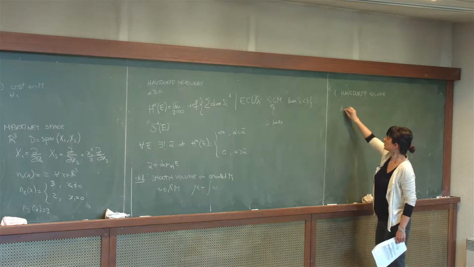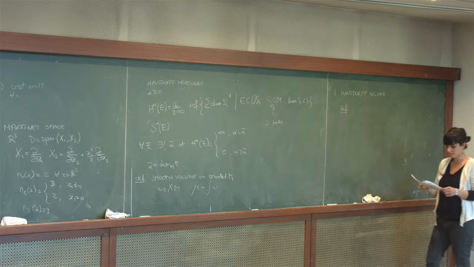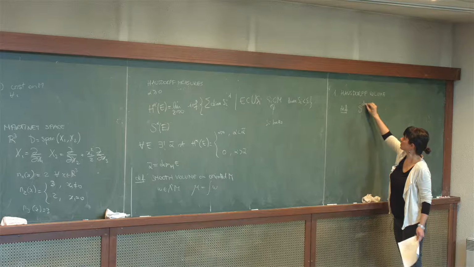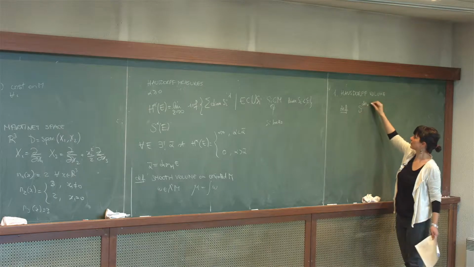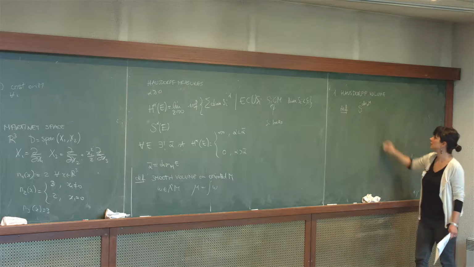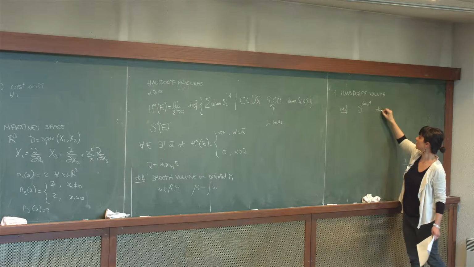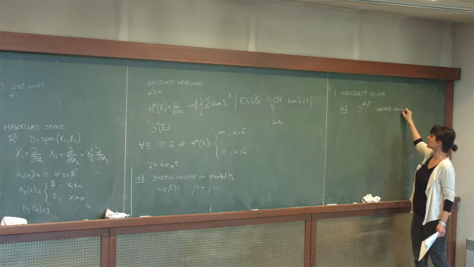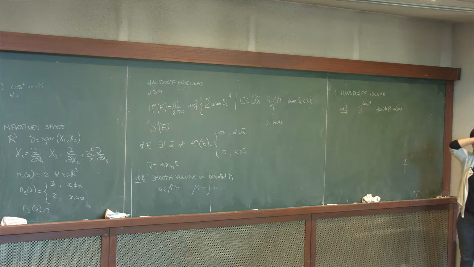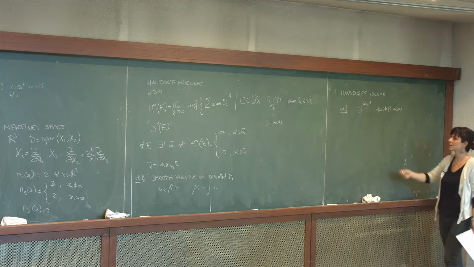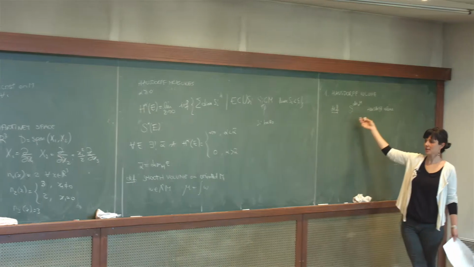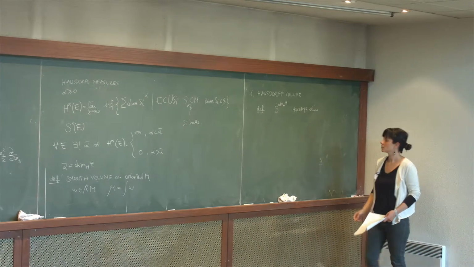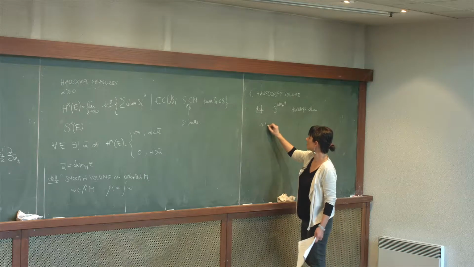So by definition, the Hausdorff volume on a sub-Riemannian manifold is the spherical Hausdorff measure corresponding to the parameter here, which is the Hausdorff dimension of the manifold. This is by definition the Hausdorff volume. What I'm interested in is to see if this is a smooth measure and how I can compare it to a smooth volume. So the equiregular case is well known.